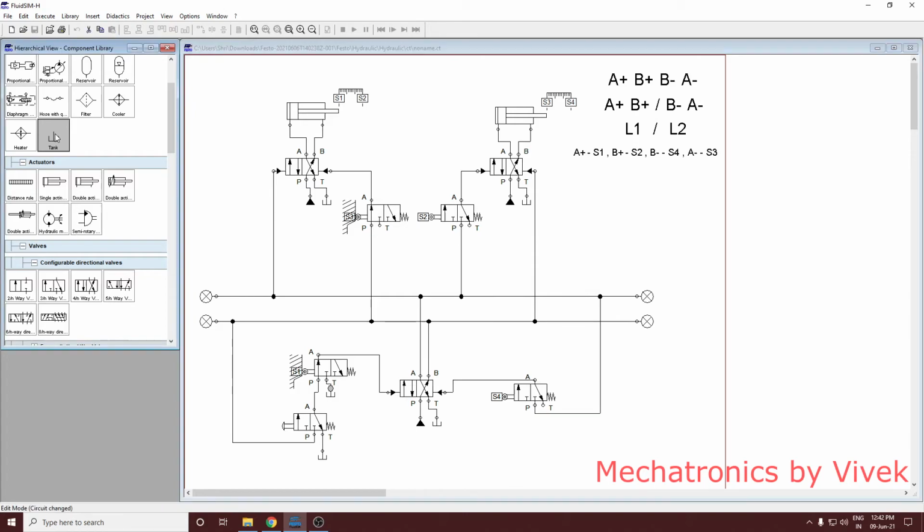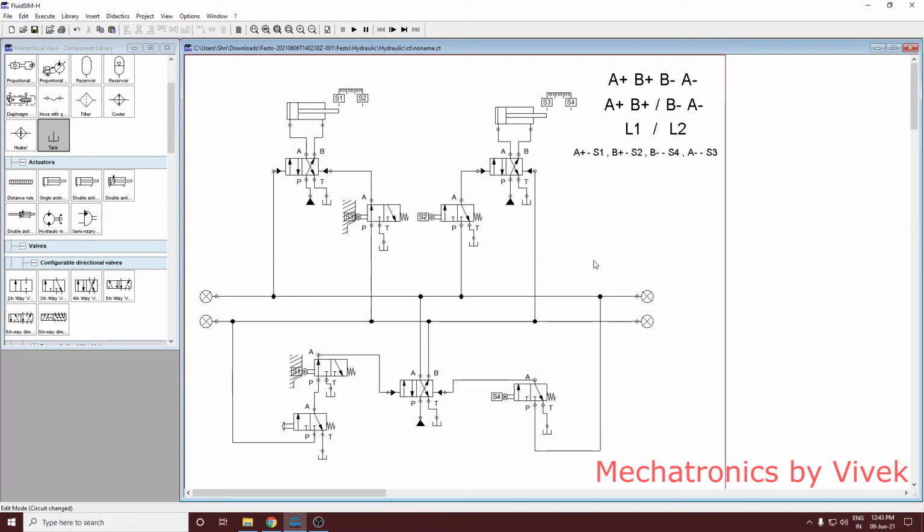Okay, here there is one tank required. You can drag it a little below. I think there is a tank required here also. There is one tank required here. Okay, so this completes the circuit.